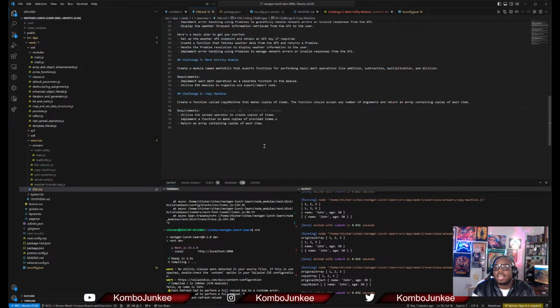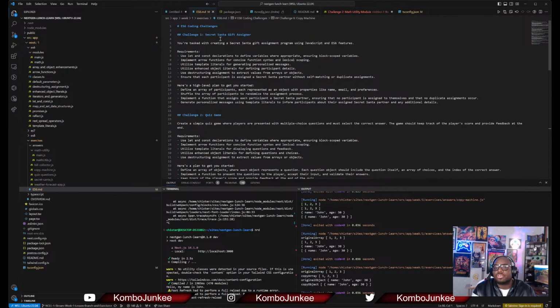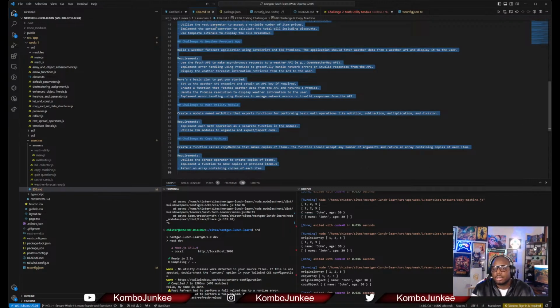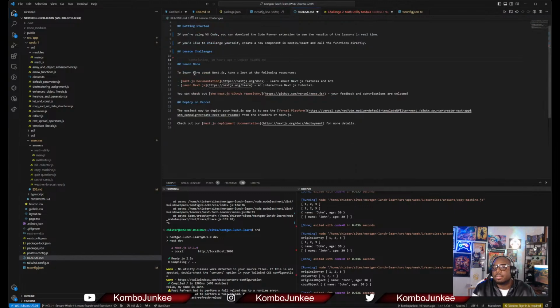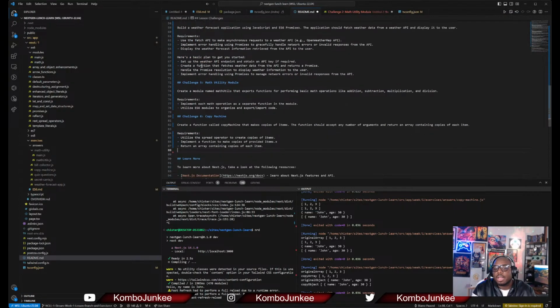But I do want to combine this ES6 MD with our actual README. I want to put these challenges inside of this README here. This is the main README that shows up for this lesson, so I think it just makes sense to have these here.